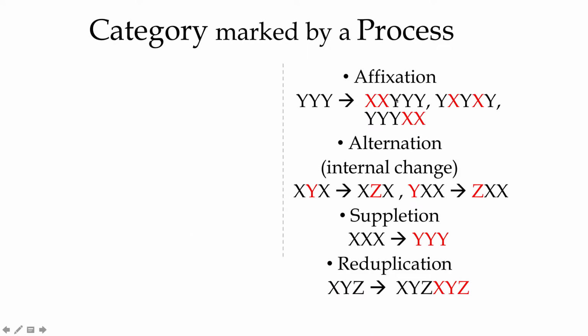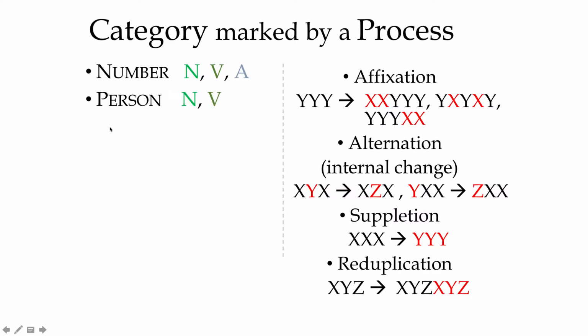So again, these processes that we saw: affixation, where I could do prefixes or interfixes or a suffix; alternation, where I would swap out y for z in a word; suppletion, where I would just replace the entire stem with a totally new stem; or reduplication, where I would double the whole or part of a morpheme and add that as a morpheme. These can be used to mark a lot of different categories. One of the ones that we just saw with cats is this idea of number. You could have singular number, plural number, or dual number, and nouns, verbs, and adjectives, sometimes even adverbs, will all have this tendency to agree for number.